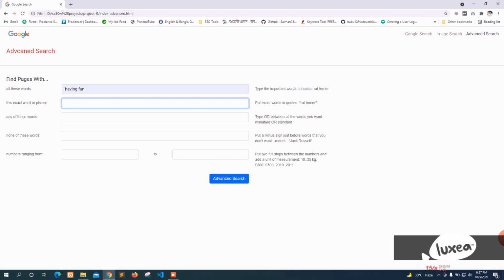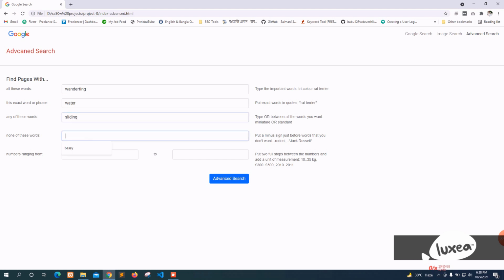If I type some keywords here, you can say having fun or wandering. All these words. Now I want to type some word in exact phrase. Water. Any of these words. Sliding.